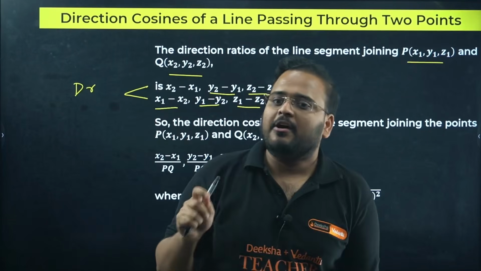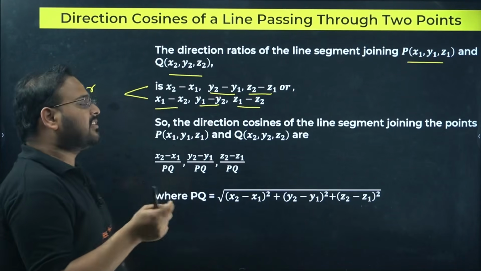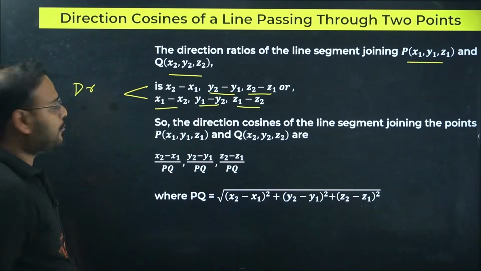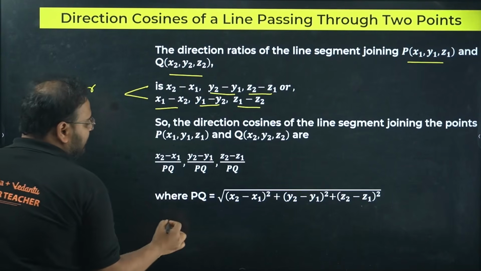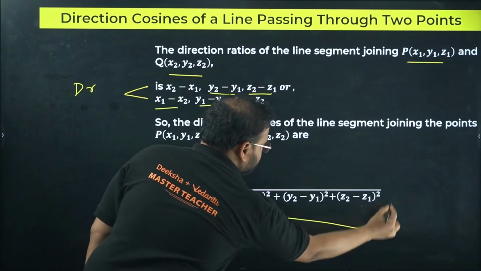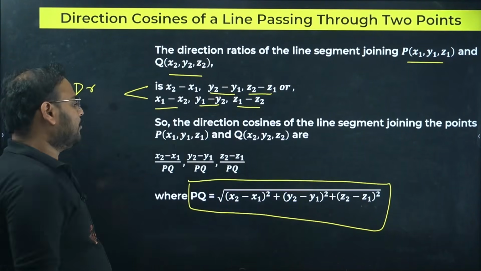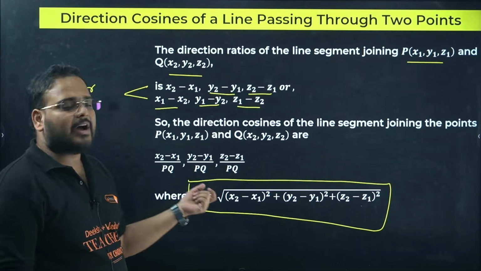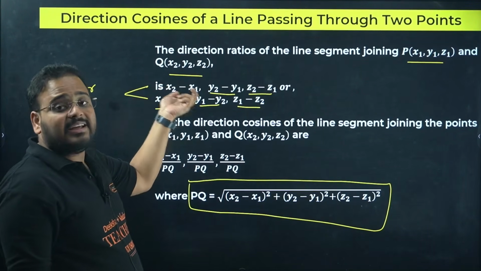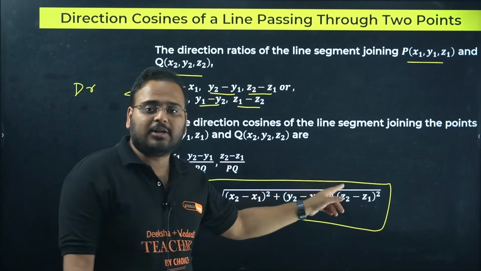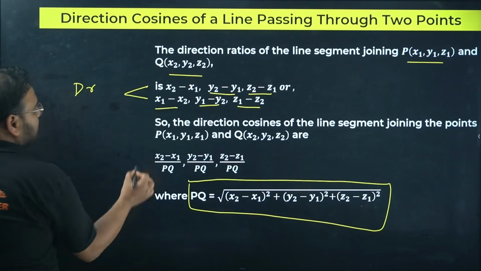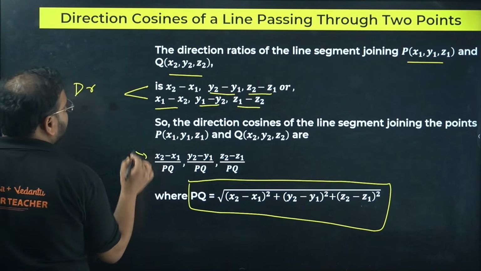x2 minus x1, y2 minus y1, z2 minus z1 are your direction ratios. And what are direction cosines? Once you have this value, simply find the length of PQ. Once you have this result, take the squares of the DRs that you got and take their sum under the root. If you divide each respective DR by that value,